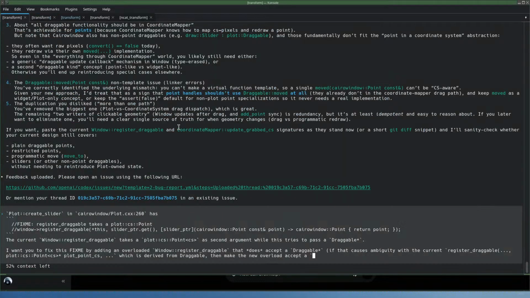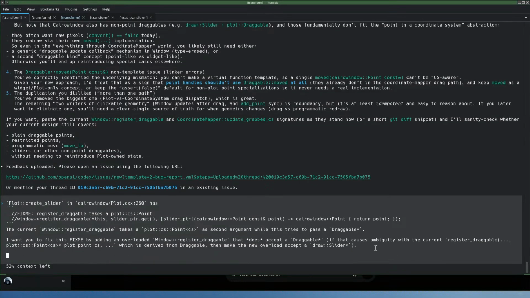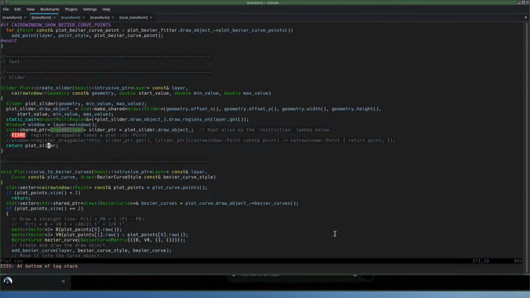A draw slider pointer. So I want you to fix this FIXME by adding an overloaded window register draggable that does accept the draggable pointer. It's not the end of the sentence. And then